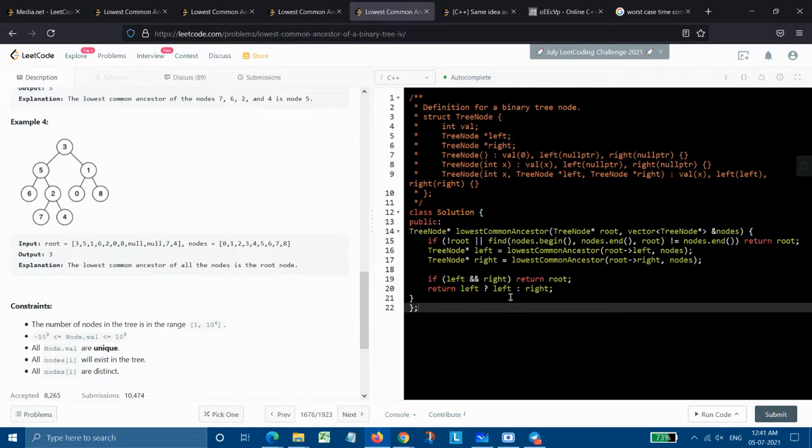In this, a vector is given, and now comes the part of time complexity. The time complexity of this will be again order of h, the height of the tree only. This find function is finding out, and it could have a length up to the height of the tree only.